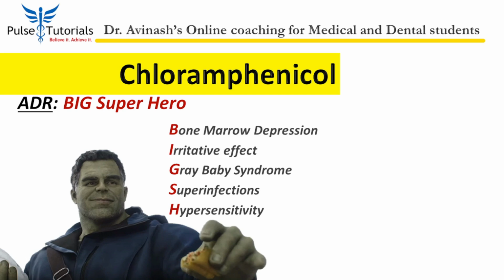There are two presentations. One is called non-dose related, idiosyncratic. This is an unpredictable, serious and fatal problem, which is because of a genetic basis. The patient has a genetic issue because of which chloramphenicol became more toxic. And even if they survive, these people will get leukemias later on.